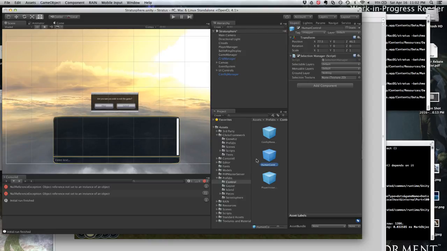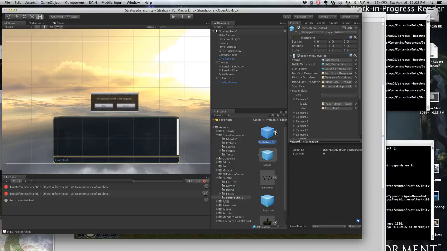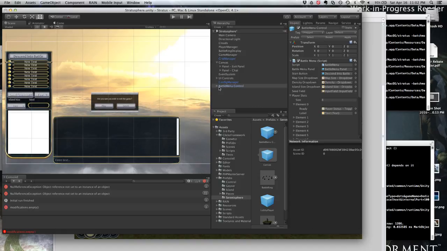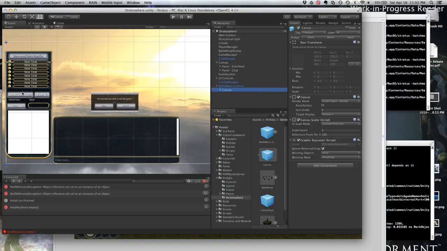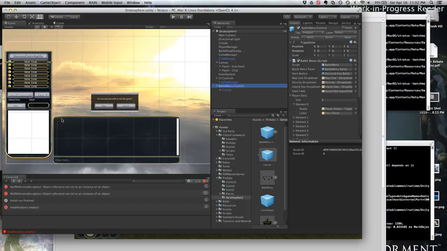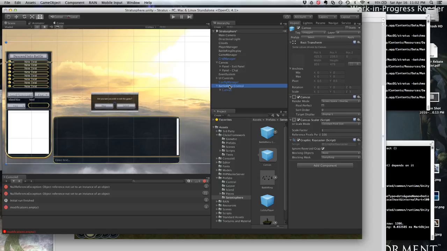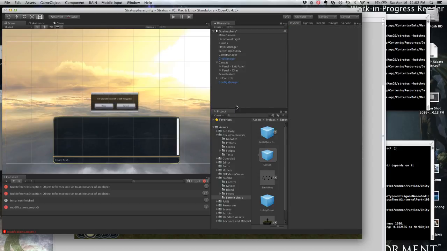Actually, I may drop that in. So I've done that before, where the battle menu, I think, actually contains a canvas. It's rendering itself over here. Problem is that the canvas doesn't always work quite right. Maybe it's because I've got screen set. Anyway, so it pops in and ends up being overlapped a little bit, and there's all these weird issues there. But regardless, I might end up doing that, so I might end up